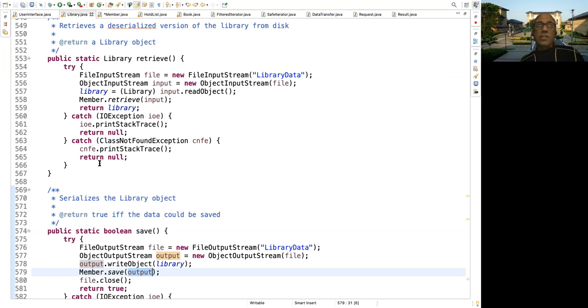So the intent is to make you look at the code as much as possible, make you familiar with the code. So that is the motivation. Any questions before I let you start the class exercise? Okay, then